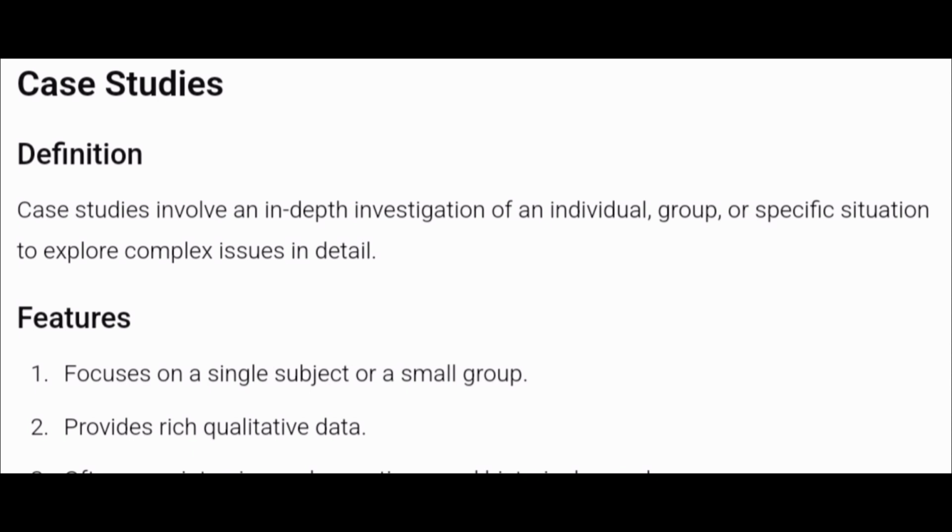Suppose you want to know in your school why the children always fail in mathematics. So, this is a special case where you can select one individual, or a group of individuals who have bad marks in mathematics, and you can do an in-depth study. You check their classwork copy, you check their homework copy, you read about their study habits, you read about their peers, their friends, their families, and you go to their house and ask